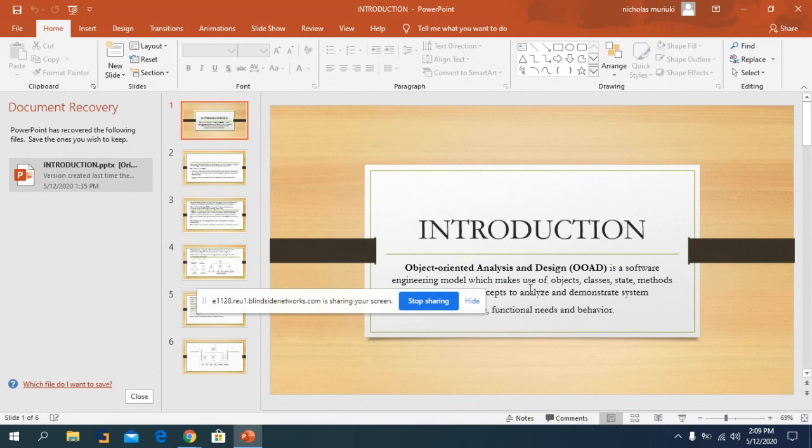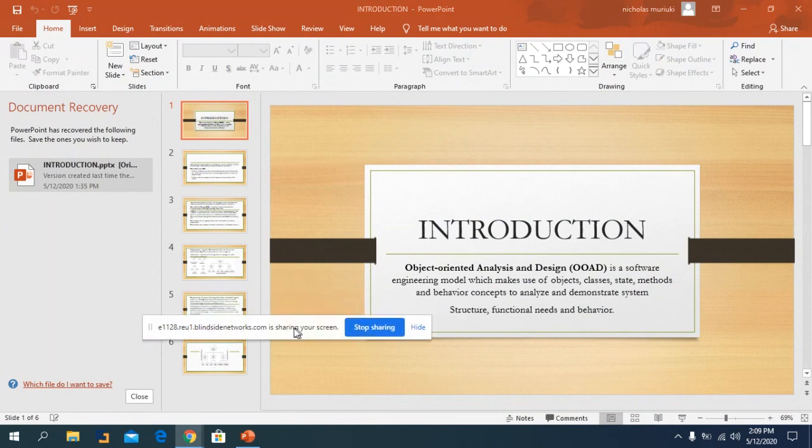So to define object-oriented analysis and design, we always say it's a software engineering model. And when you talk about a model, we are talking about reality, something that is real, something having a process that you can use in order to make some views within it. And this model makes use of objects, classes, state, methods, and behavior concepts,